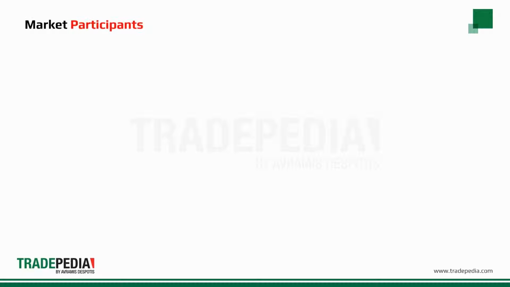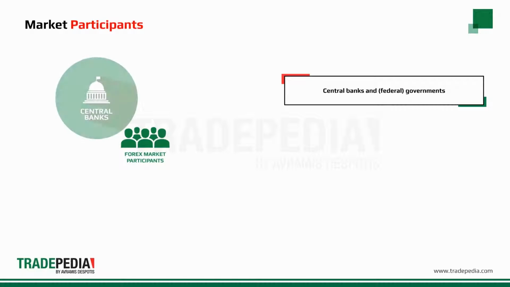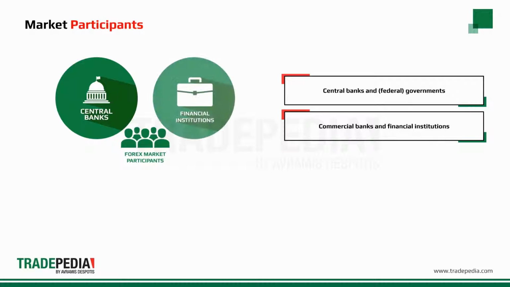The main Forex market participants can be divided into 4 distinct categories. The most influential participants in the Forex market are the central banks and federal governments, with their major task of maintaining foreign reserve volumes and adjusting monetary policy in order to meet certain economic goals. Commercial banks and money transfer and remittance companies are among the largest participants in this market, as they conduct all day-to-day operations on behalf of their clients.